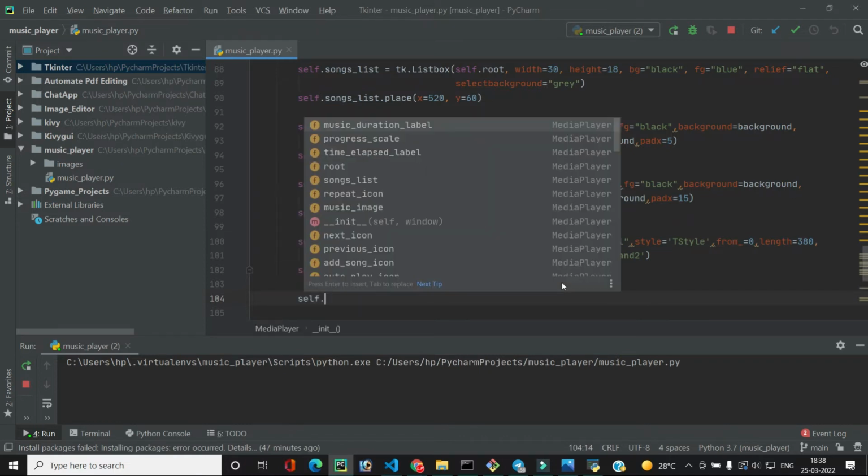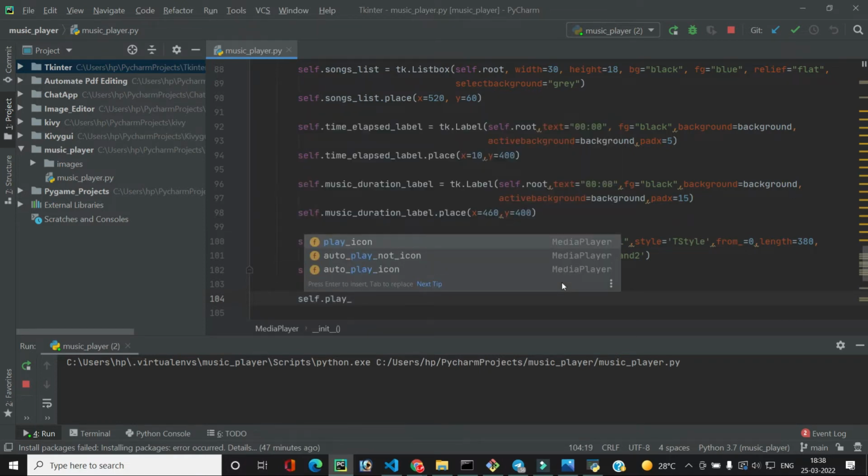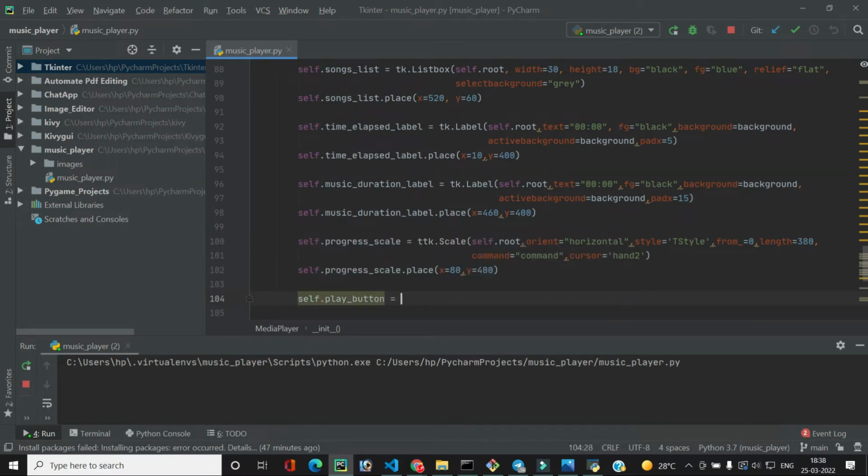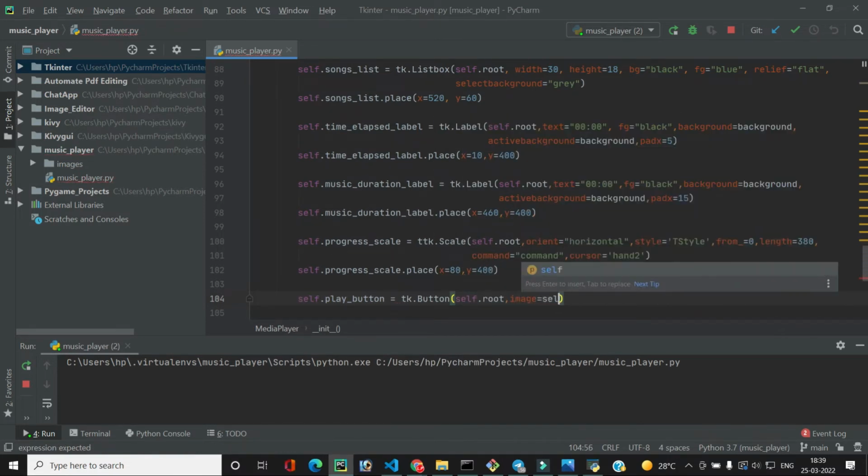So let's create this self.play_button. Other buttons will also be the same, just like this, so I will just copy paste the code. Play button equals tk.Button, it will go inside self.root, and it will have the image that we have defined above, that will be self.play_icon. Here also we have to specify the command. Let's leave it for now, and